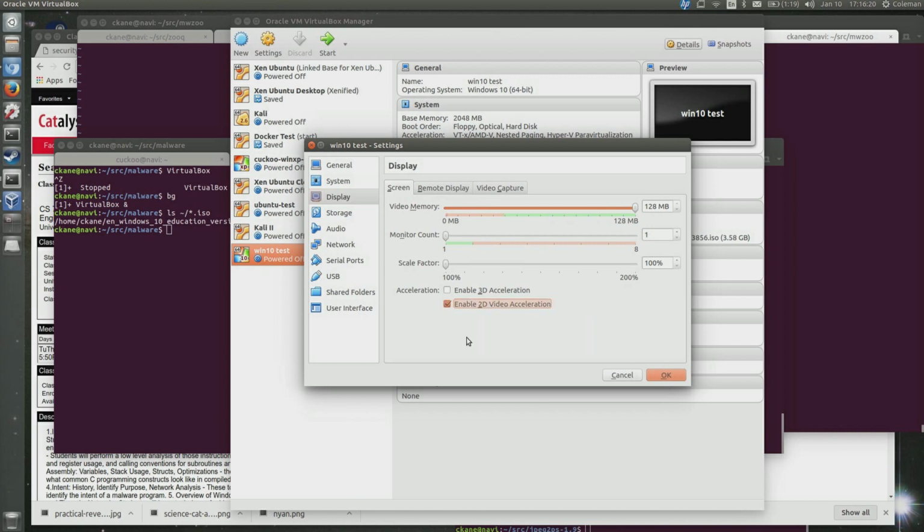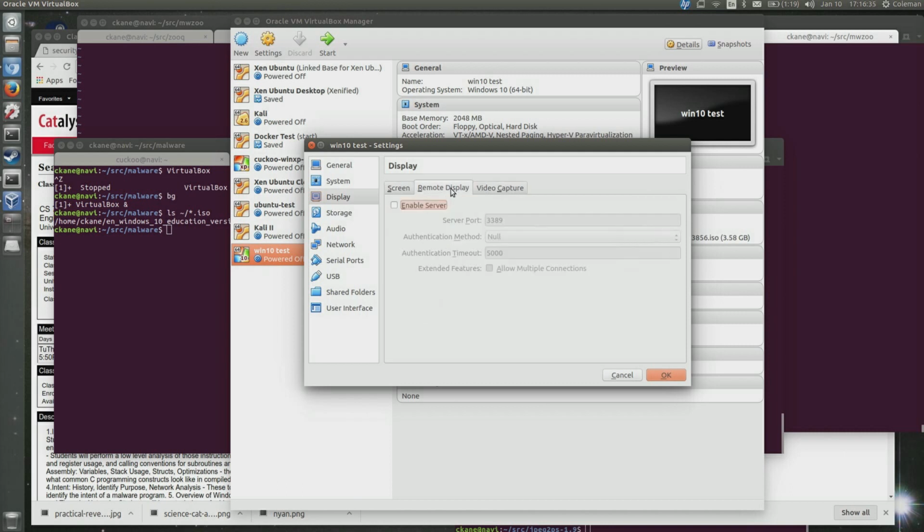One of the nice things about VirtualBox, and I believe VMware also has this support, is you can expose video acceleration so that the video rendering that happens in the little window is actually nice and fast for you. You can also, if you're running it on another computer, say on a server or on an Amazon instance, actually provide a remote desktop as well. Or you can provide video capture, so you can have it stream your entire session to disk and save a video for you.